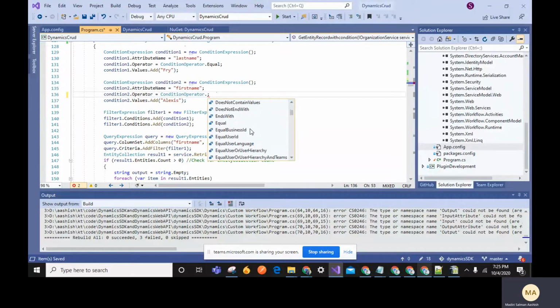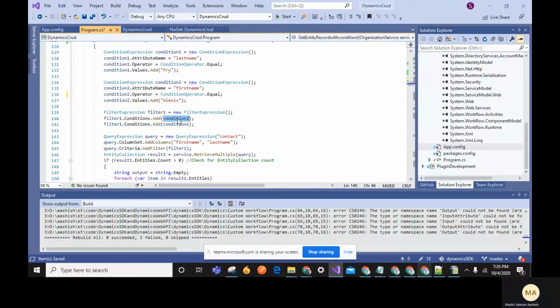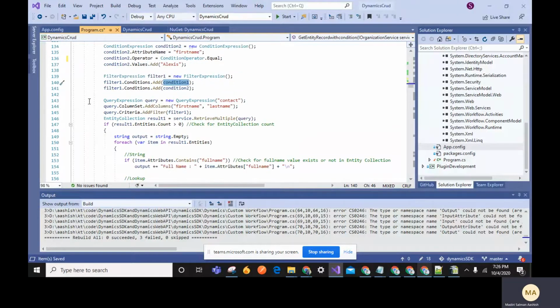We use SQL, right? So in SQL we will write greater than or equal to, or in parameters. Same like that. And lastly, I want to retrieve the records from the last X days. In that situation, we need to write these methods based on our needs. So for now I will keep equal. So this filter condition, we need to add these conditions in filters, so it will filter the specific records.